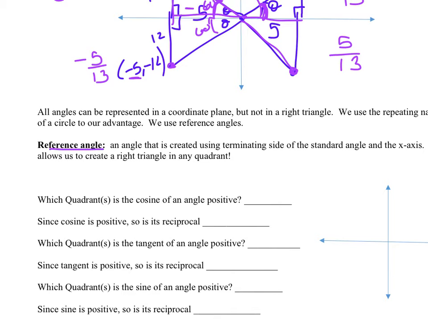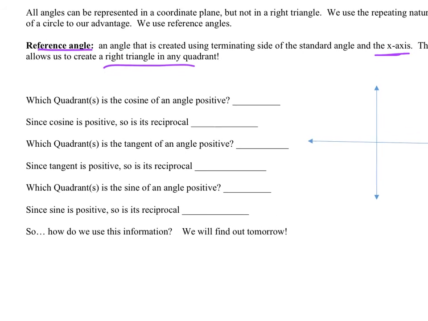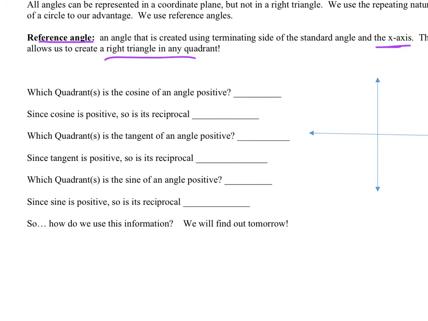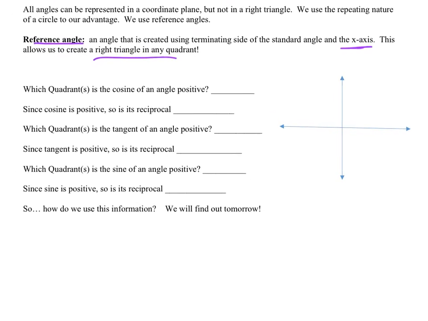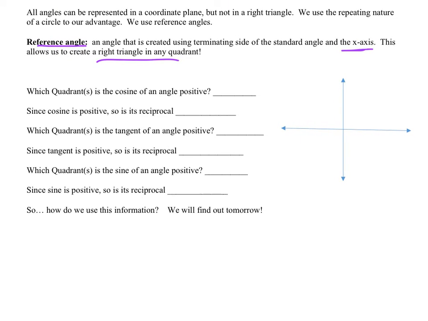They're called reference angles, and we're going to discuss those a bit later. But they're an angle that's created using the terminating side of the standard angle, whether it goes all the way around or is in quadrant 1, 2, 3, or 4. But it's created with the x-axis, so it can always create a right triangle in any quadrant. It's a beautiful thing. Wonderful. Because of this amazing feature, it creates a regular